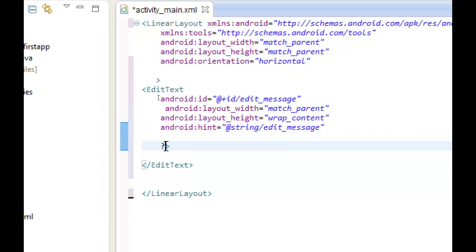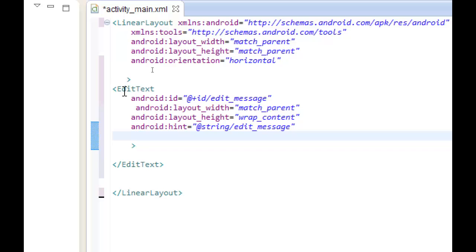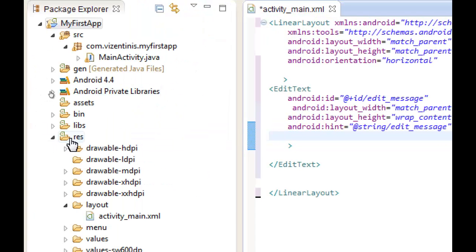Let's delete this. And now let's go to add a string resource. When you need to add text in the user interface, you should always specify it as a string resource. String resources allow you to manage all user interface text in a single location, which makes it easier to find and update the text. By default, your Android project includes a string resource file at res